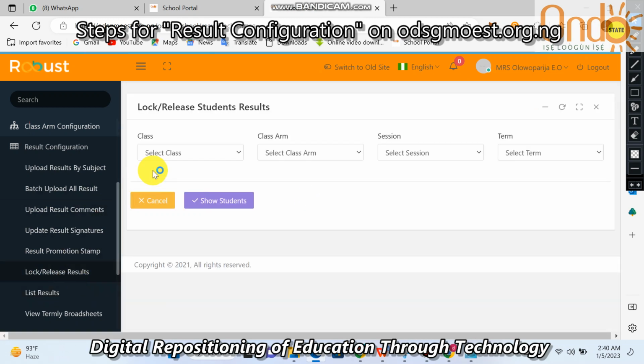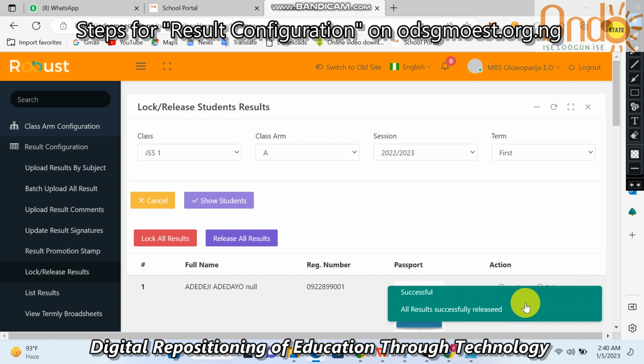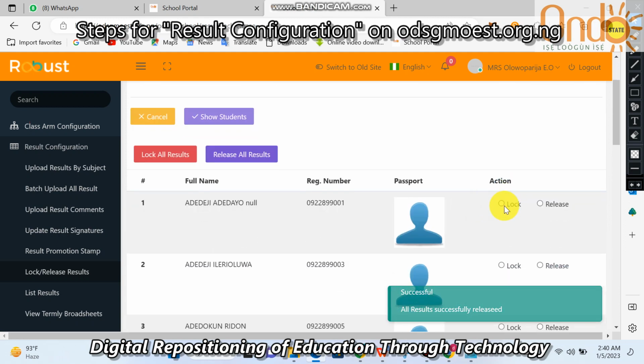But once, let's go and release the result that we locked. So you come back here to the section, then the time, show the results, then release all results. So you see it here, all results successfully released. And if you want to be releasing them one by one, you want to lock some,